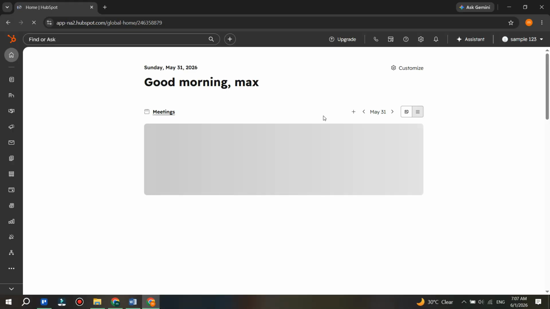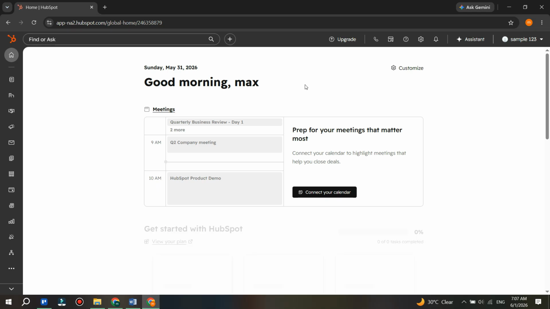Your HubSpot account will be created, and you will be automatically redirected to your dashboard, where you can start using